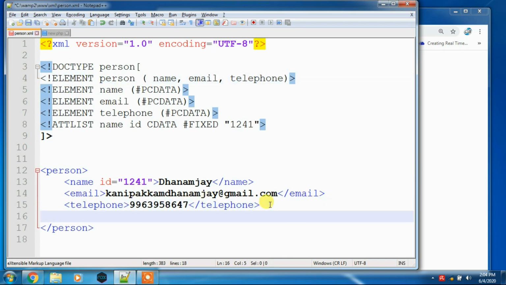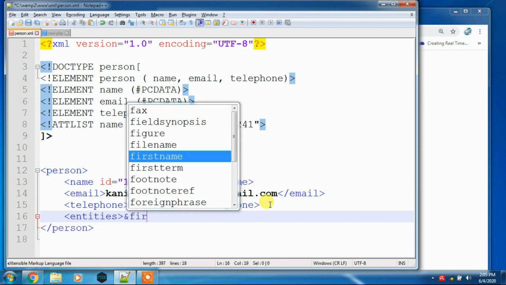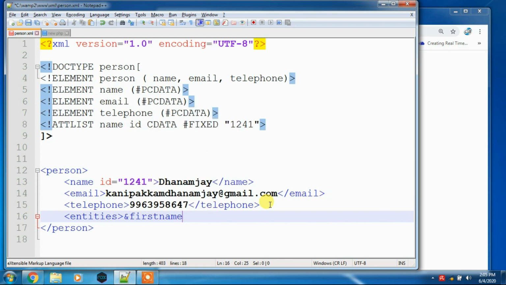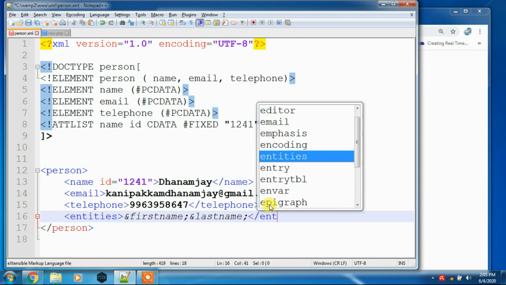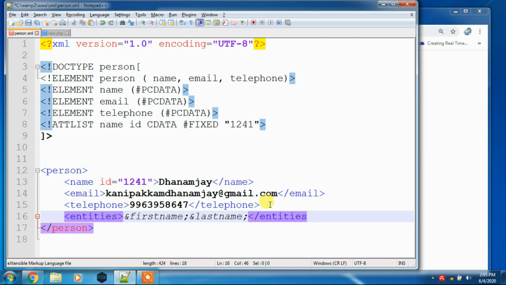So here I want to add entities, open and close the entities tag. Now you have to give ampersand, first name, and then semicolon, ampersand, last name, semicolon, and close entities.